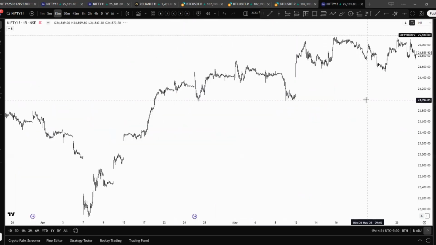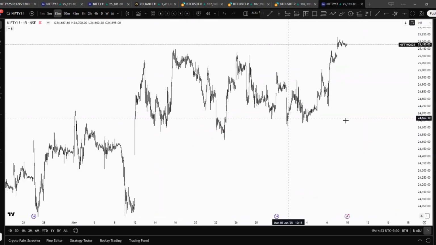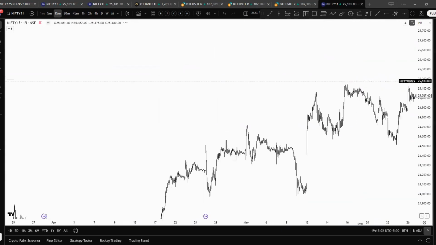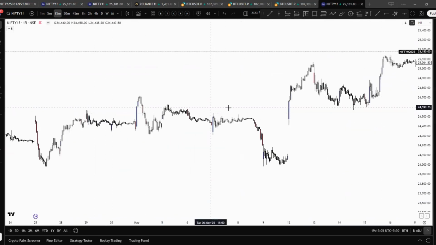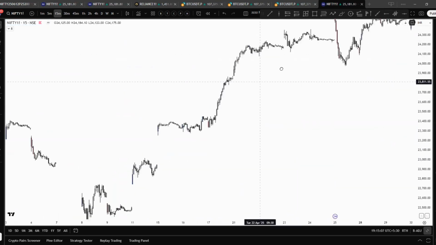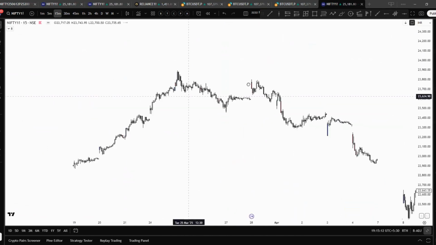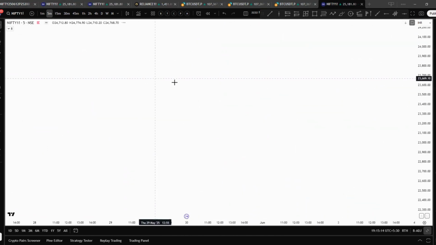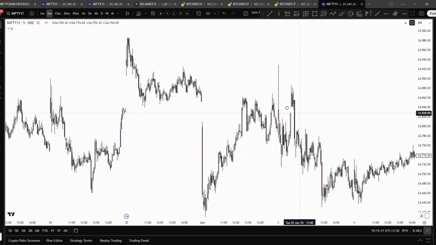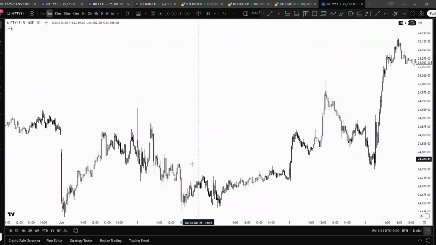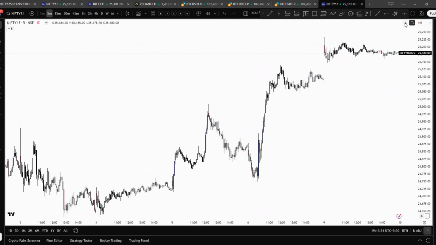We are in a huge balance over here on a higher time frame. On intraday, on a low time frame, we have more balances. You can see we were in a big balance over here. We were in a balance in this region. We were balanced before breaking out. So same thing, we will always find balances. If we go to a lower time frame, we will find intraday balances, where we will be in balance for an hour, a couple of hours. So the idea is to find a balance.